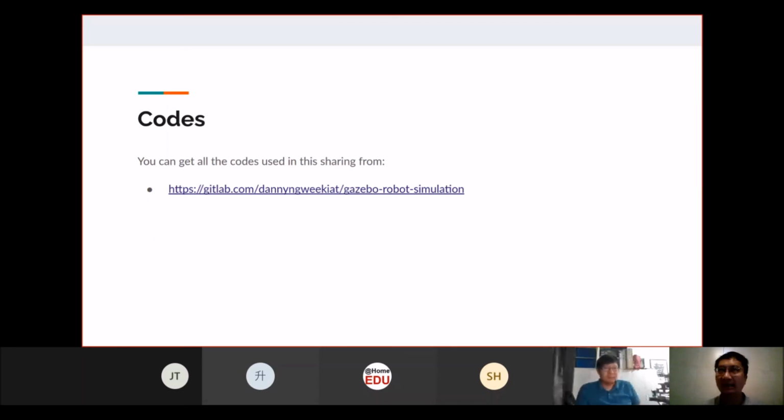Okay, so the next question is not just the actor, but how we can interact with the objects, for example, the door. How far can we actually interact with, or do you have any example of interacting with the objects in the scene? I don't have it right now, but what we did previously was we had a block on the table where we can use the robotic arm to grip. That is only a cylinder that we put inside, and we can actually use the arm to grip the object.